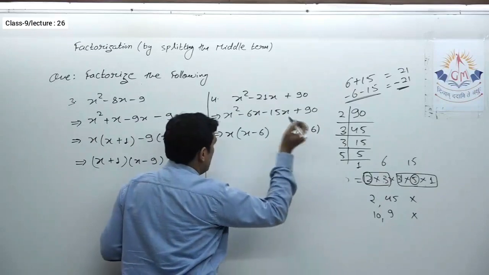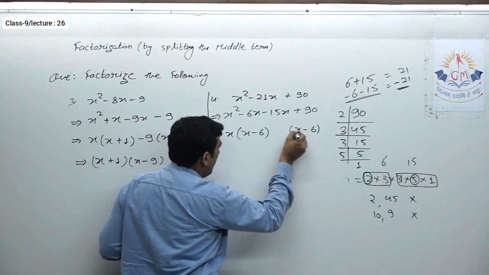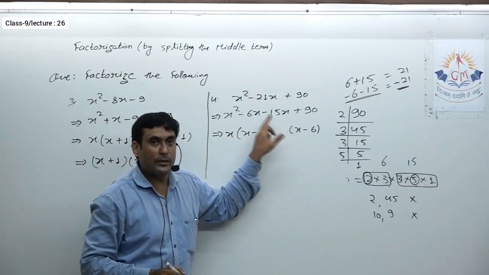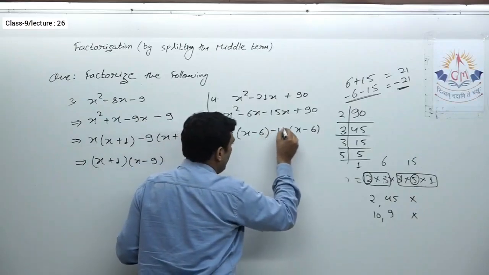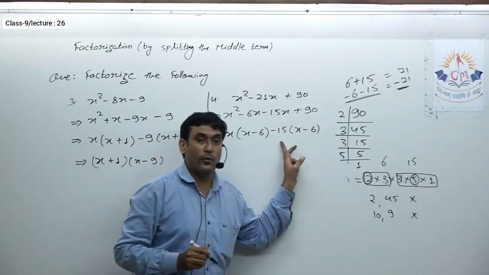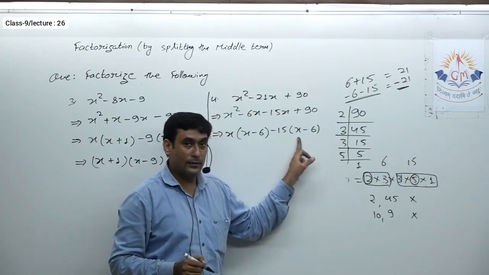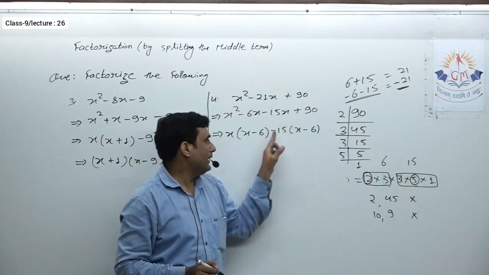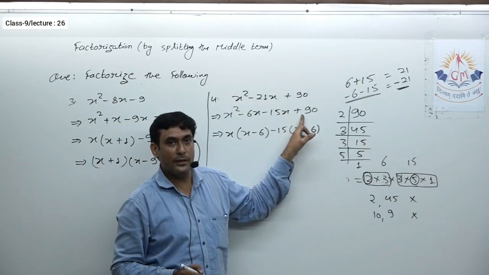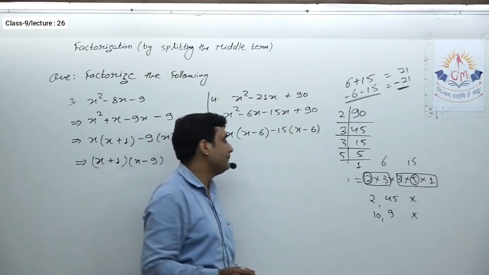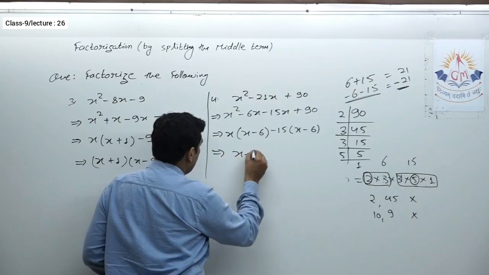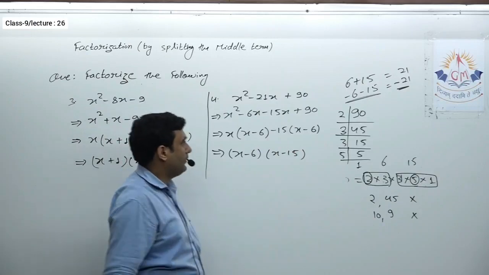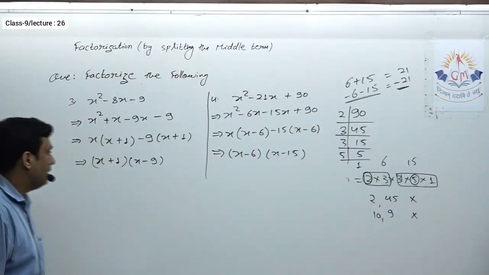Now go in the reverse direction. Think over that by what number you should multiply x to get minus 15x. What should we multiply x by to get minus 15x? So your answer will be minus 15, definitely. Do write it over here. Now if you want to cross check, multiply these and check whether you are getting this term or not. Minus 15 into x, minus 15x, minus 15 into minus 6, plus 90, isn't it? Minus minus plus, 15 sixes are 90. Now from these two I can take x minus 6 common, and x minus 6 I will be left with in the next bracket. So these are the factors of the given expression. So please note it down.